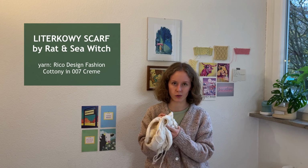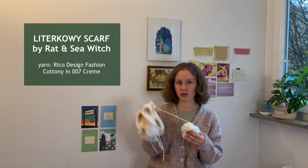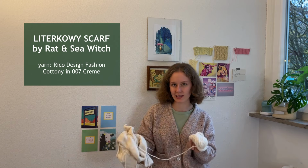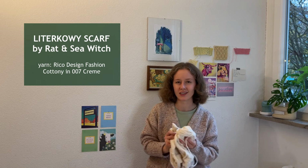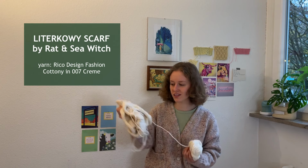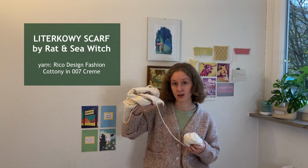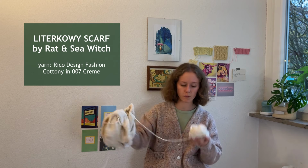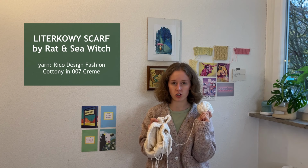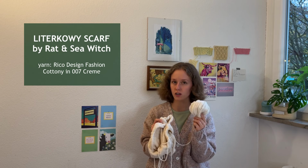It has pretty short rows and it's relatively mindless but still engaging enough that you want to keep going because of the letters. It's like only 3 more rows and then I'm done with this letter, and then you're like, oh, I'm just gonna start the next one, and then before you know it, you've knit like for 3 hours. So it's really a fun knit, but still pretty simple because it's only knits and purls, so it is definitely beginner friendly. The yarn that I'm using is the Rybka Design Fashion Cottony, which is a, I think 90% cotton, 10% polyamide blend,